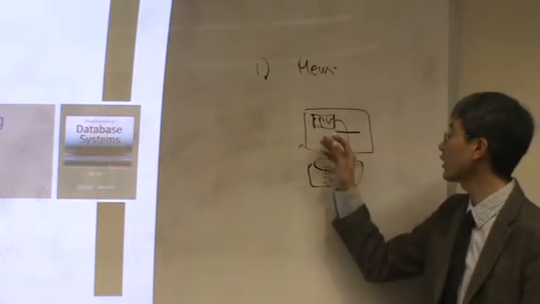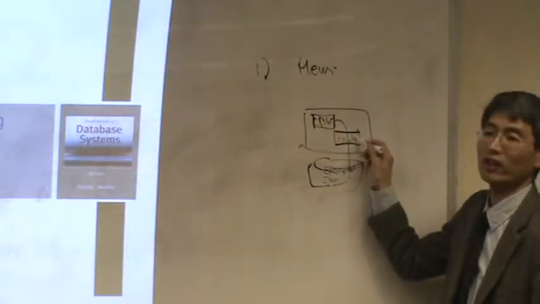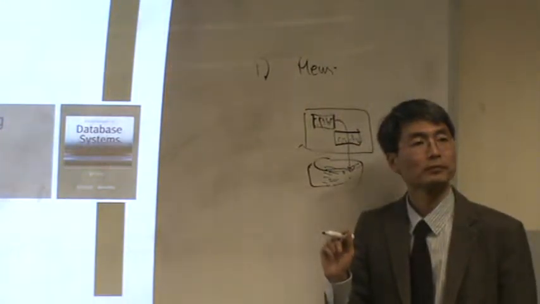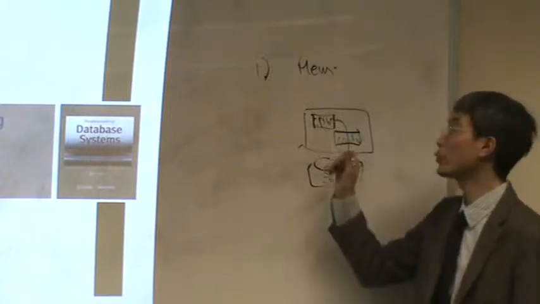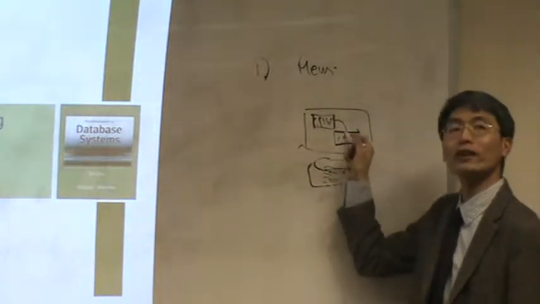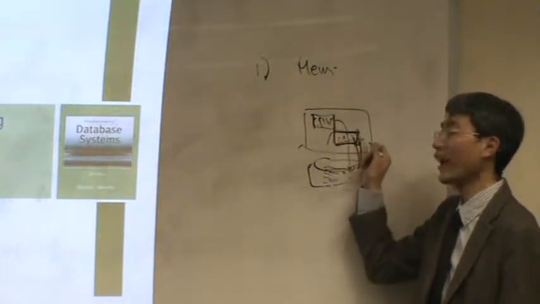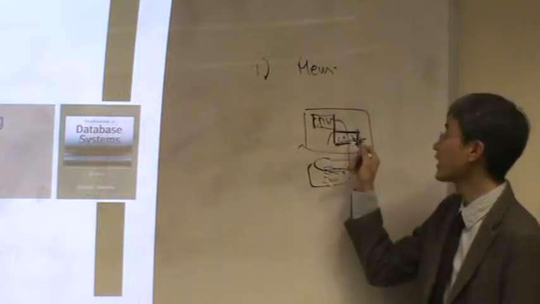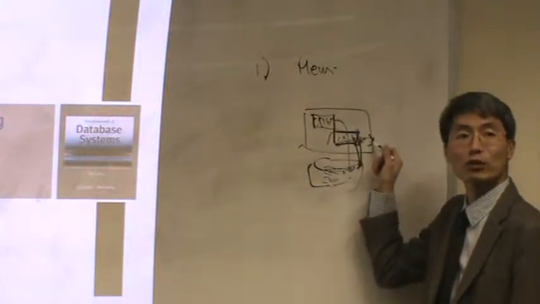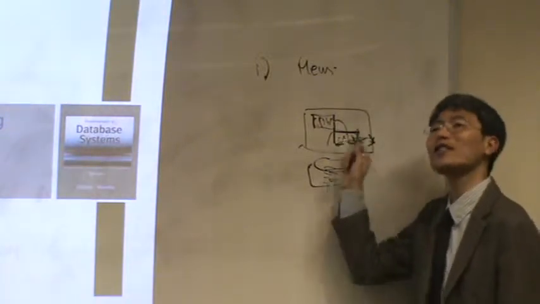We can put something in the middle as a cache area. What is a cache? It's frequently used data, so instead of requesting every time, we try to keep the data that has been accessed in the cache, then we access it. This is the memory, and it's used as a cache to reduce the gap of the speed.